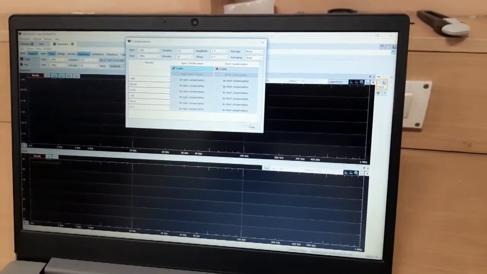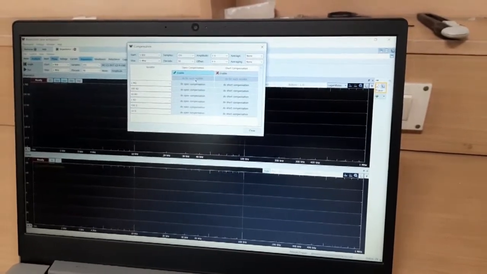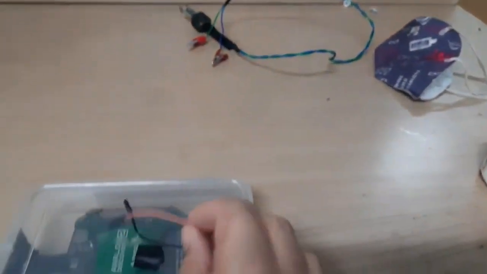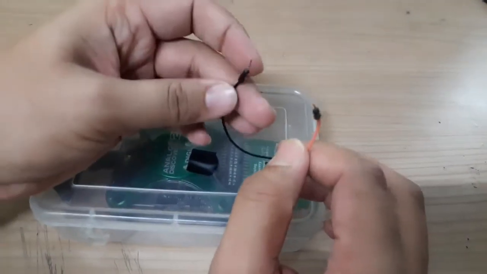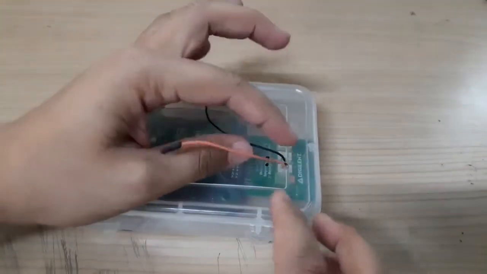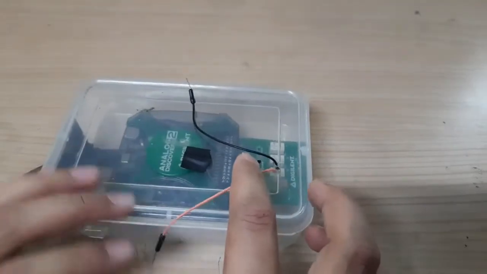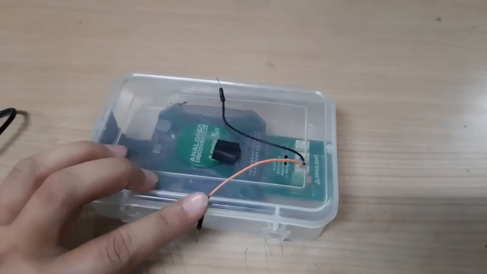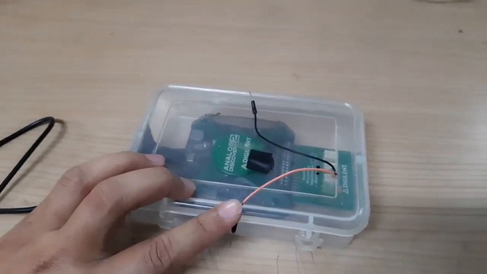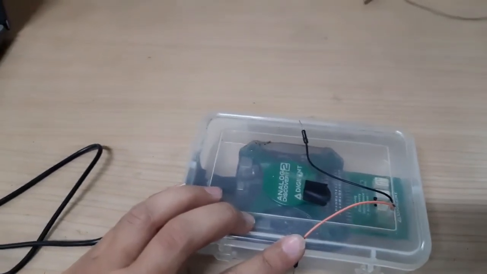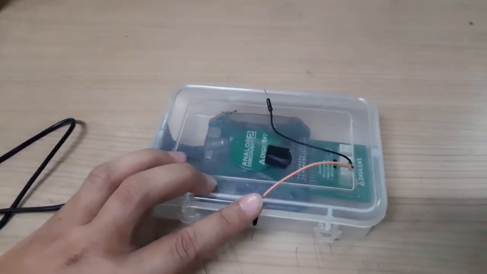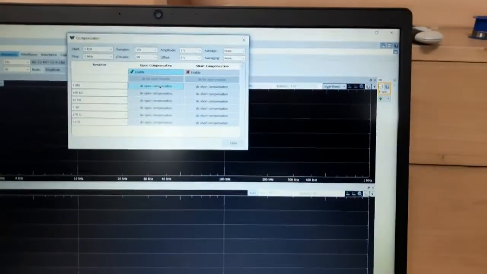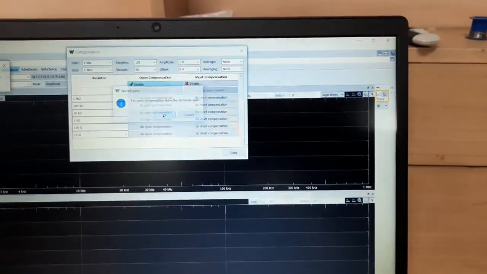For open compensation, these two terminals should be open. So here I put it open. After that, I will click the compensation, do open compensation here. I am clicking here, it will ask okay.